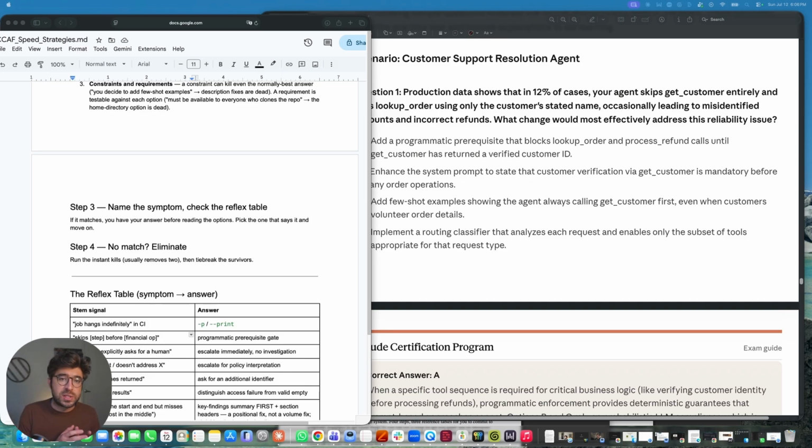Prompts are probabilistic, code is deterministic. So you can write the most emphatic system prompt in the world. You can put mandatory in all caps. It will still fail some percentage of the time because you're asking a model to comply. When compliance must be guaranteed,